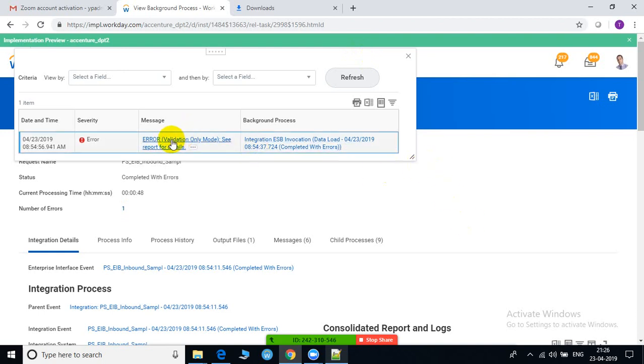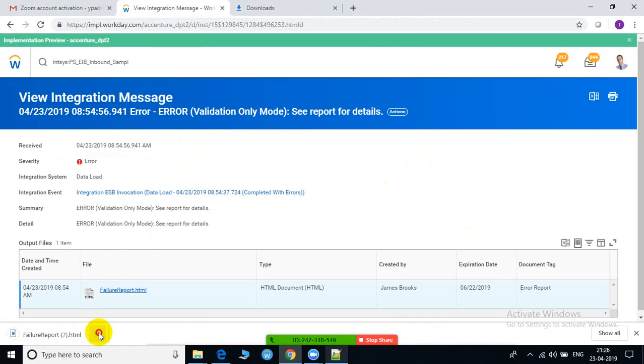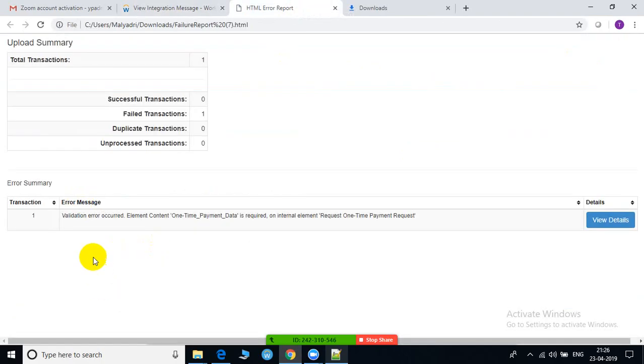See this error validation, see report for details, you can click on this. And then failure report.html. If you open this, a more detailed report will be created, and you can open and check what is the actual issue. So the error report will be shown in the failure report.html file, and that HTML file, if I open,